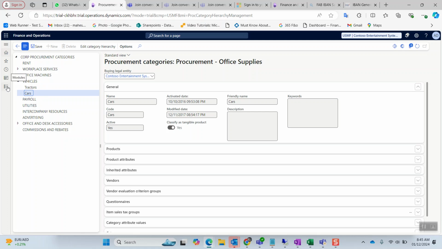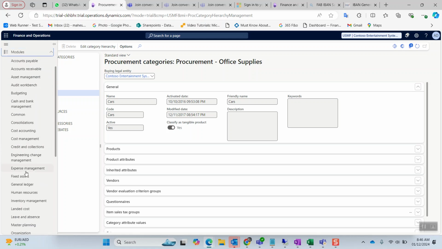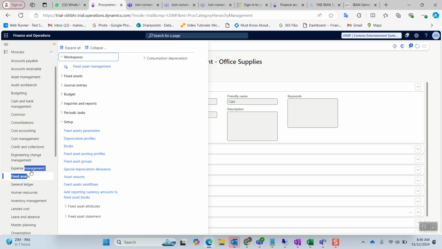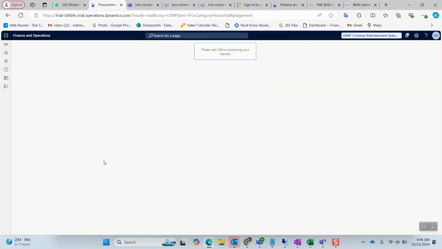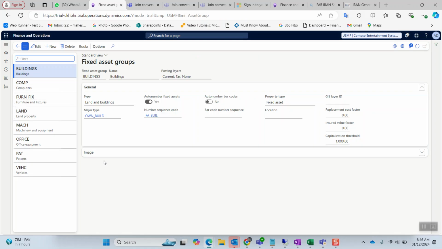Okay, so this is the part of finance. So for that, what we have to do, we have to go to the fixed asset module. Okay, under fixed asset module, we have a setup. Here we have fixed asset group. You will go to the fixed asset group. Okay, now you can see here there is a vehicle, one of the group is already created. Okay, and you can see the number sequence for code is already mapped. Okay, and I am also enabling the number for barcode. So if you enable this particular toggle as yes